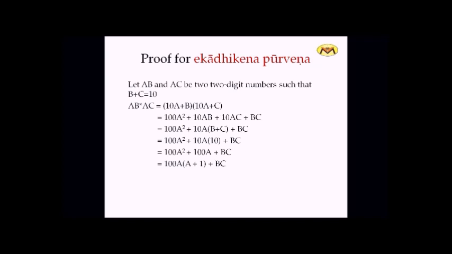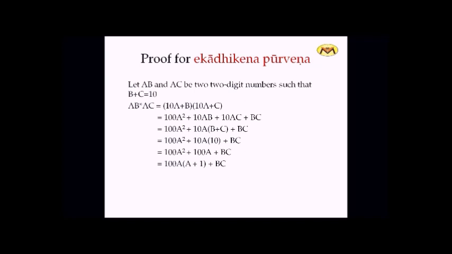Now it is very important, I feel, as mathematics teachers to come up with proofs, because I'm sure at least some of you would have got this question from students when you introduce them to such techniques which are applicable for special cases. You say, hey, this works for any 2-digit numbers that satisfy this pattern for Ekadikena Purvena, and they would ask, will it work for any such numbers? How do we know? They have this kind of curiosity that I know that 36 times 34, I can see that it's giving